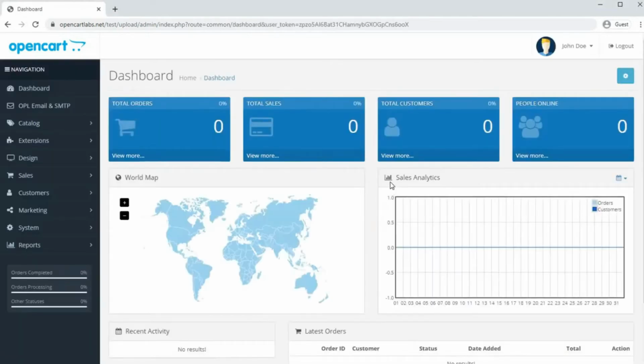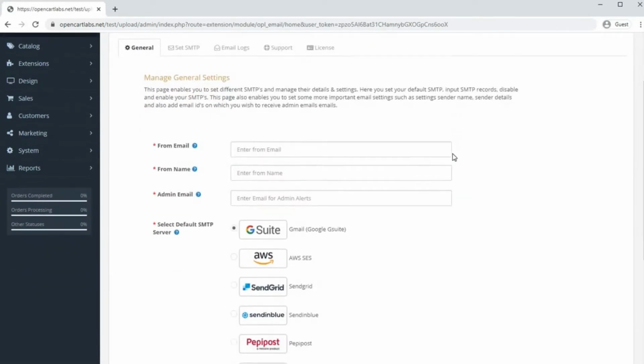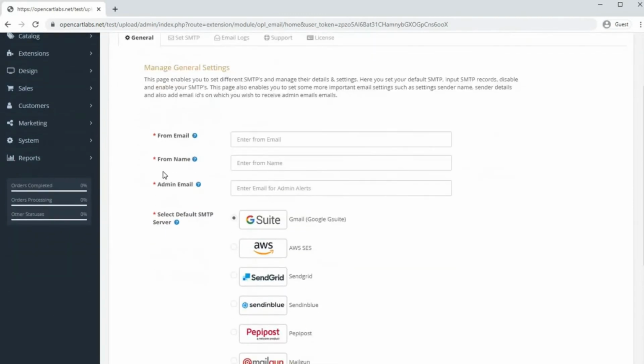Once you have successfully logged in, go to the OPL email and SMTP tab in your left menu. Click on it. As you can see, you have reached the extension page. Here, as you can see, there are different options. Number one is from email. In from email, you need to enter the email ID which you want to be shown as the email being sent from. Okay, so I'll enter